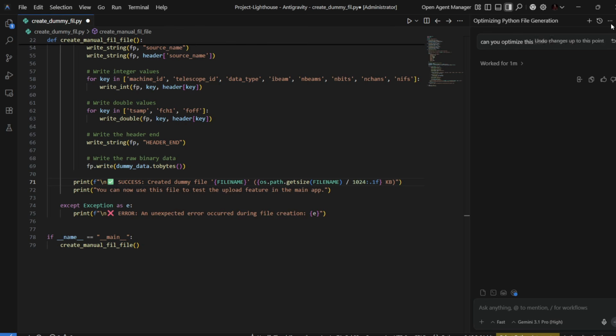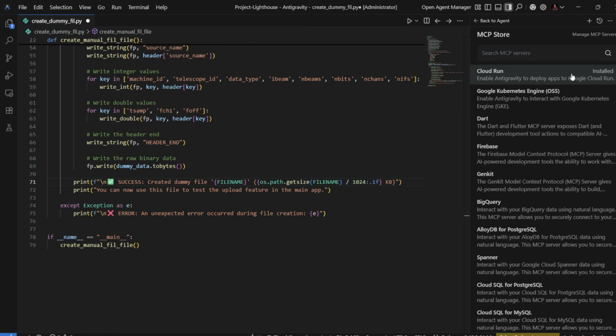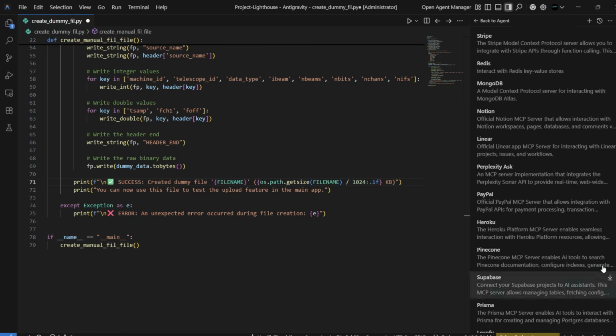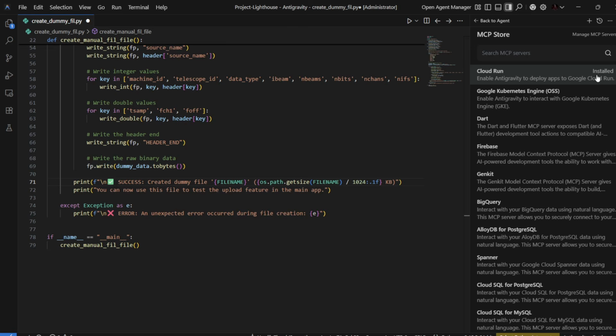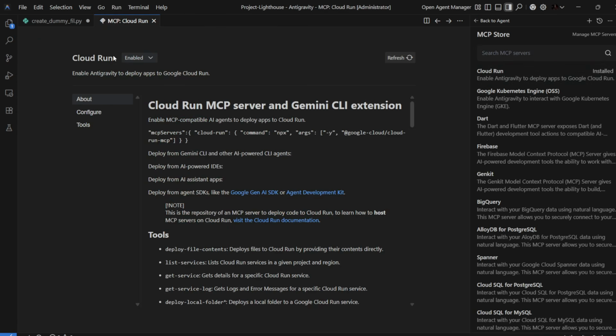Now, once you have launched your agent, click onto these three dots just beside the close button for agent and choose the second option, that is MCP servers. Now it will show you a list of all the available MCP servers, and those which have been installed will show this installed sign. So let us click onto this option, and from here I will show you how you